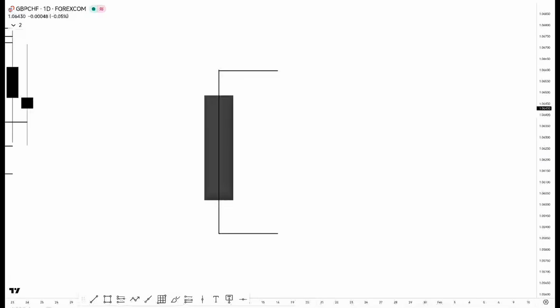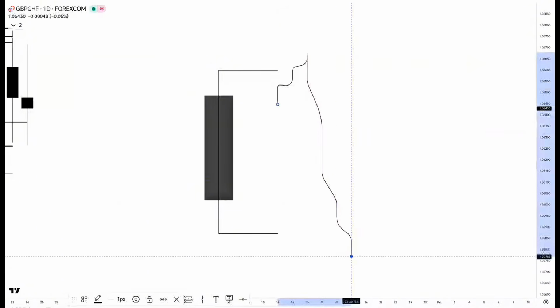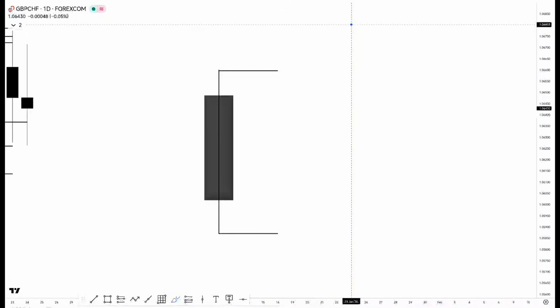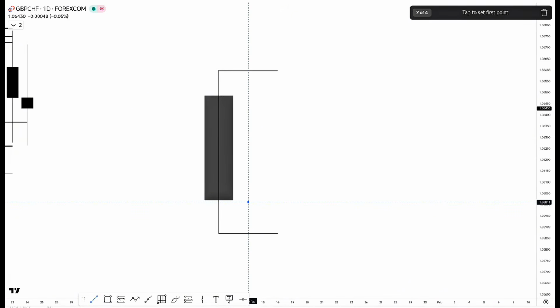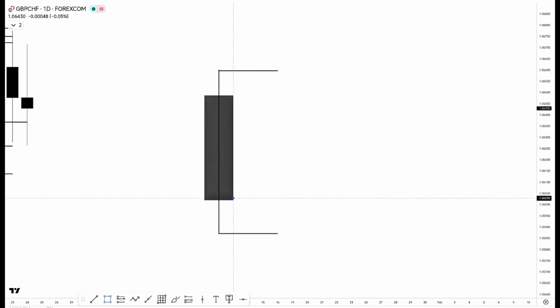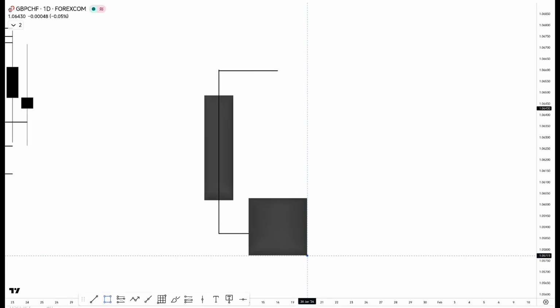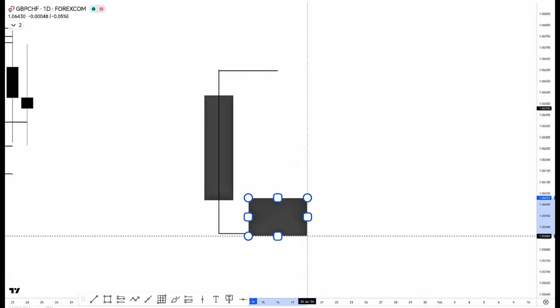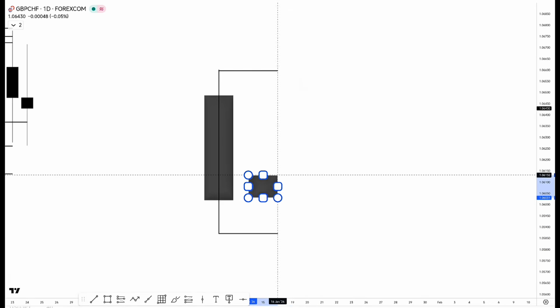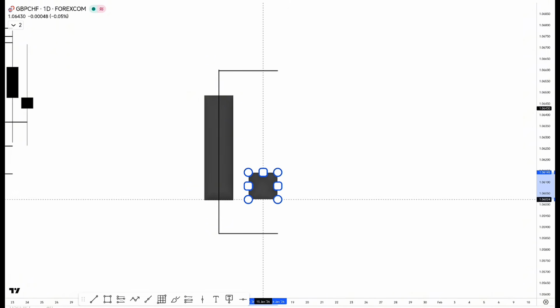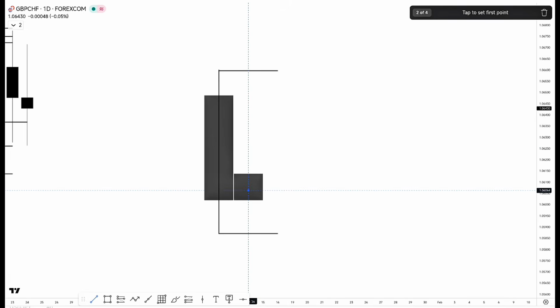We are trying to look out for which high will go first or which low will go first. If the high goes first, then we look out for the low. If the low goes first, we look for the high, something like this. So wherever goes first, then we look out for the opposite direction move. Then take the low out, like this moment. So you have something like this. So the moment you take the low out,